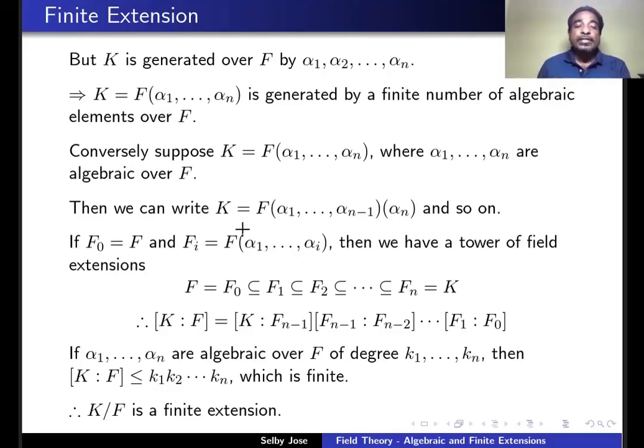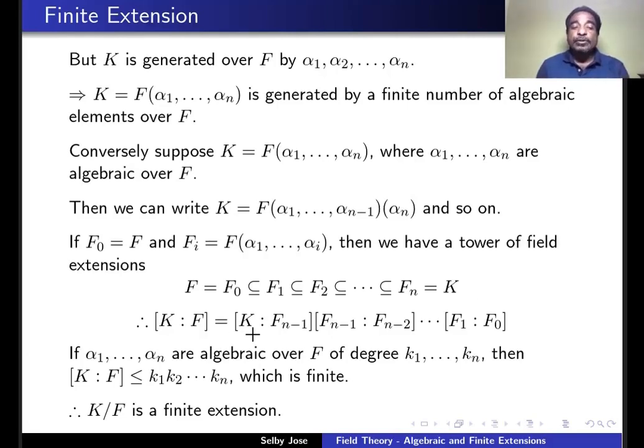and Fn is equal to f of alpha 1, alpha 2, ..., alpha n, which is equal to K. So using this notation, we get a tower of field extensions, namely F equals F0 contained in F1, contained in F2, and so on, contained in Fn, which is equal to K. Therefore, by the formula for the degree of the tower of extensions, we have